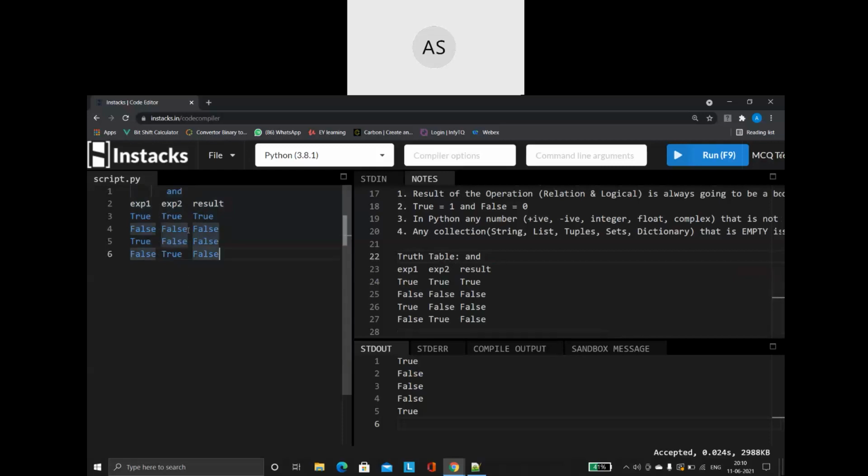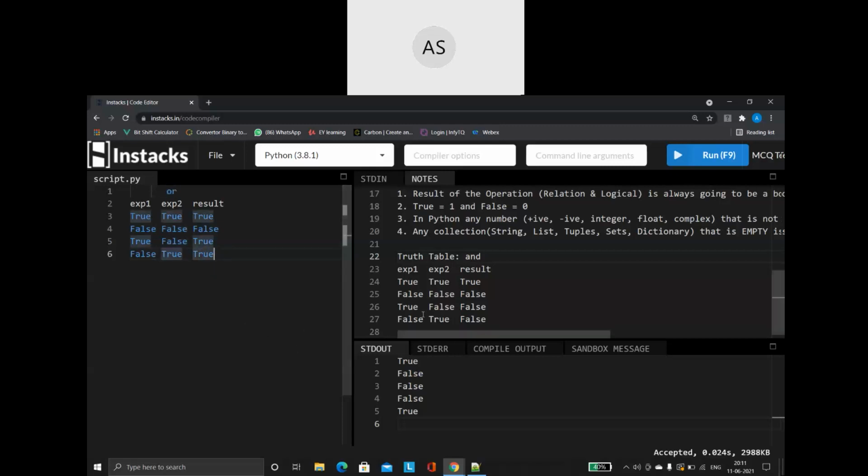So now let us understand the OR operator. How is the OR operator going to work? True and true means true, that everybody knows. If both the expressions are true, obviously the result is going to be true. False and false means false. That is also the same. But here, true and false means it is true. Suppose I am combining 5 or 6 expressions, even if any one expression is true, the result is going to be true. That is how my OR operator works.